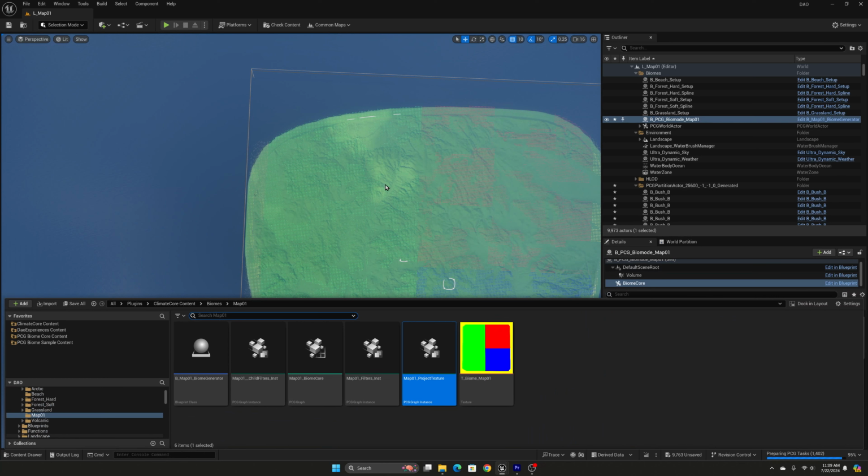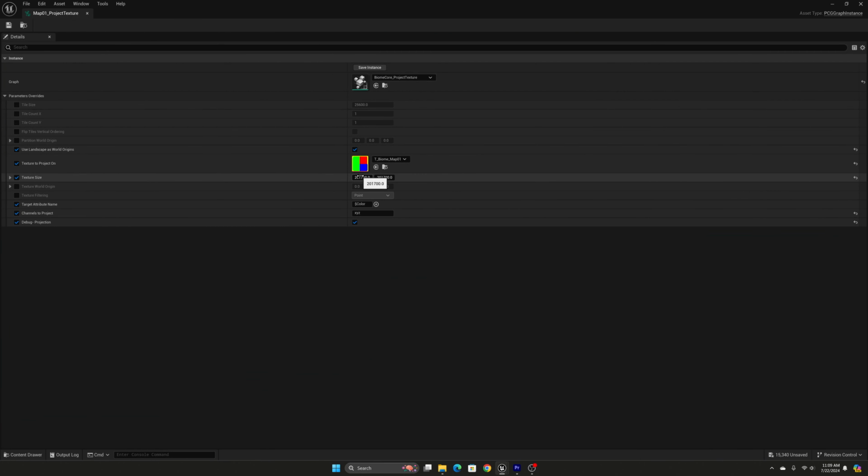You'll see that the texture matches red up here, blue down here, green over on the side. If my texture was not the right size, so if it wasn't this 207000 by 207000, which is the size of the landscape plus 2 zeros, if I were to cut that in half,